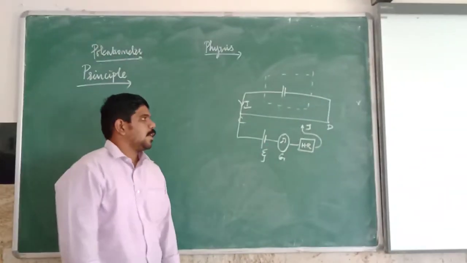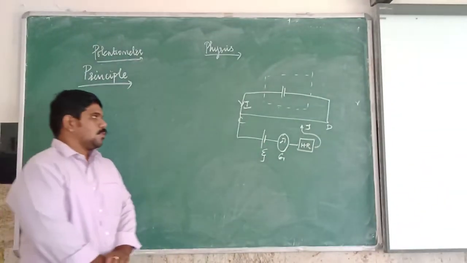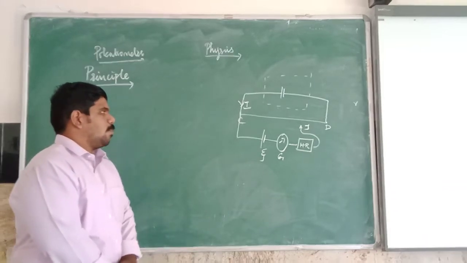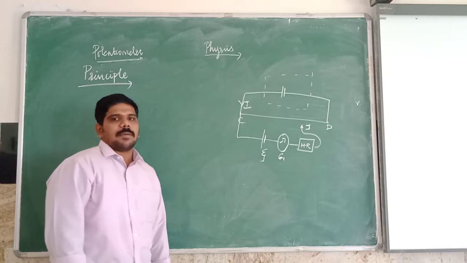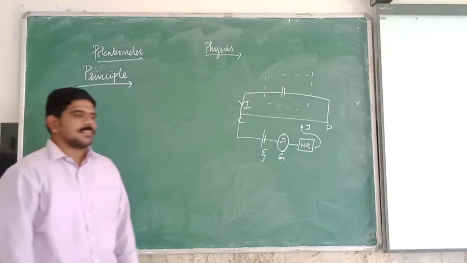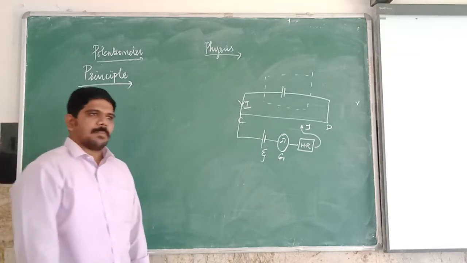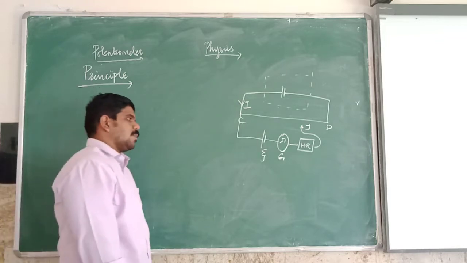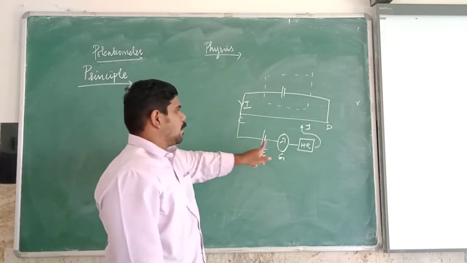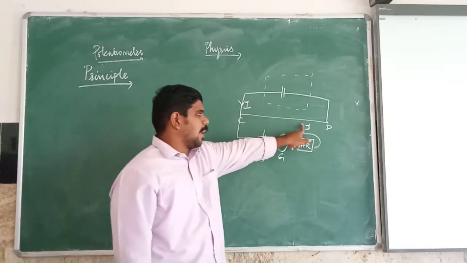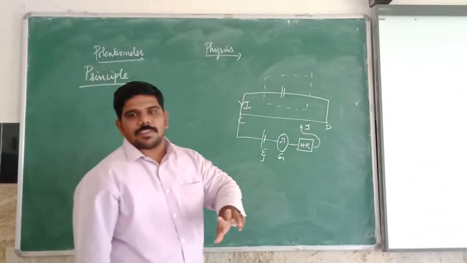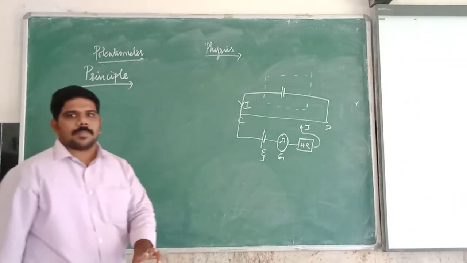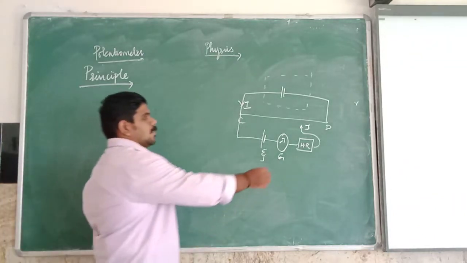So what are the construction parts? Let CD be the potentiometer. The positive of the battery will be connected to C and the negative of the battery will be connected to D, which supplies the steady current I. This forms the primary circuit. Now the positive of the EMF cell will be connected to C. The negative of the EMF cell will be connected to the jockey through the galvanometer and high resistance, which forms the secondary circuit.